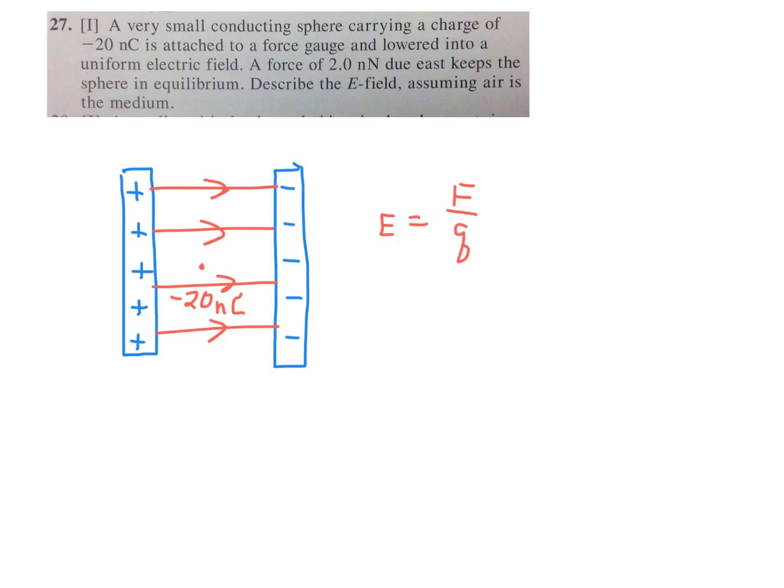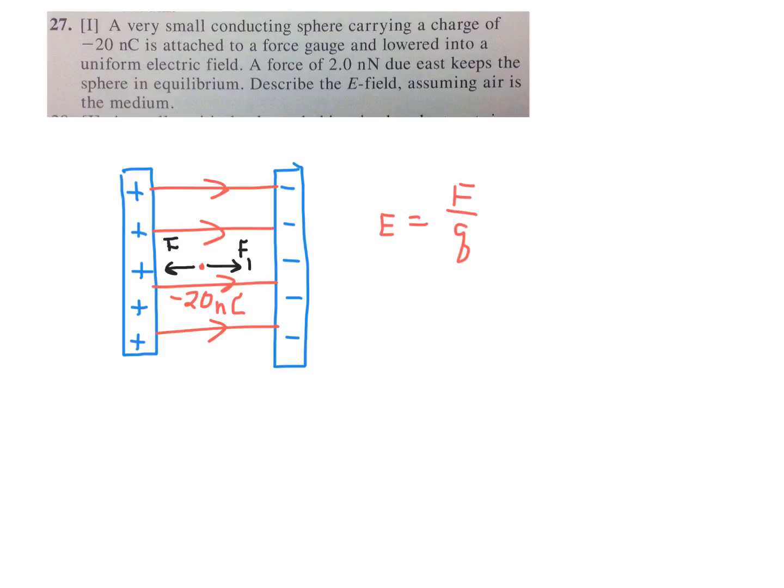And the other thing, directionally, it says when you lower this little charge in there, somebody's holding onto it, or a force gauge is holding onto it, and we have to hold it with a force to the right. Somebody is holding it with a force this way. This is the force we're applying. Because the field itself, I'm going to call that F sub 1, and it's a force of 2 nanocoulombs. That's a force towards the east, because the conventional direction is towards the east. So I'm holding this particle with a force towards the east because the field wants to force the particle this way,